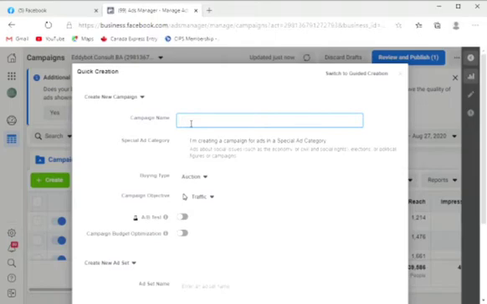Mostly it usually uses the topic. If you don't give any campaign name, it uses the topic, especially when you create the ad from your mobile app, maybe the Facebook app or Facebook Lite. It just takes the heading as the campaign name. So here you have the opportunity to give the campaign whatever name or title you want. Then the special ad